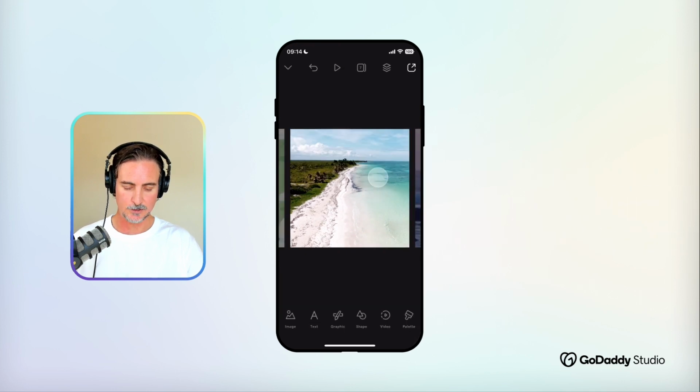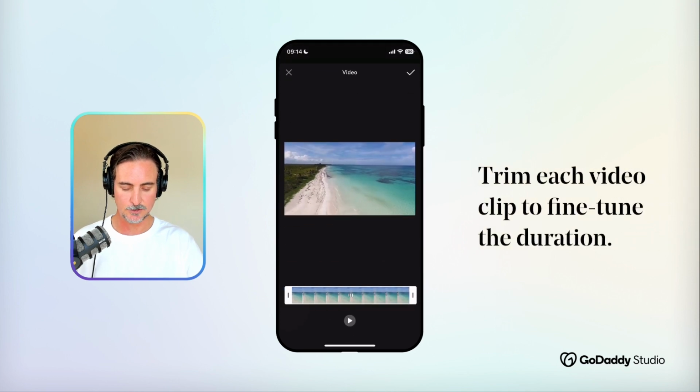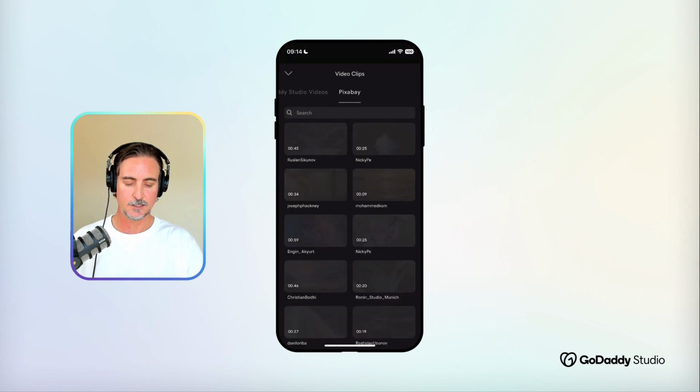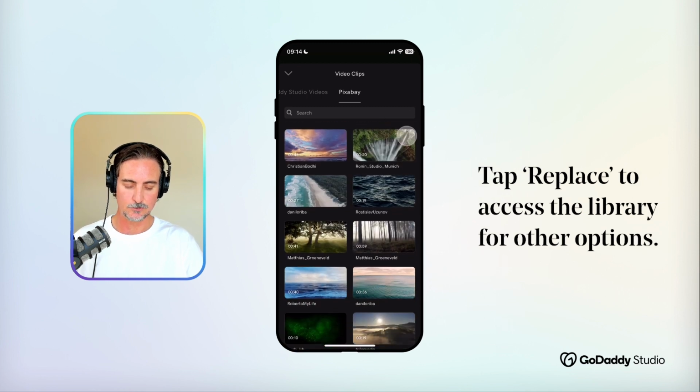I then have the option, if I tap again, to trim. So if I decide actually I want it to be a little bit shorter, I can trim it at this stage too. And then I can of course replace the video. If I tap replace, it'll take me back into the library where I can potentially select an alternative clip to